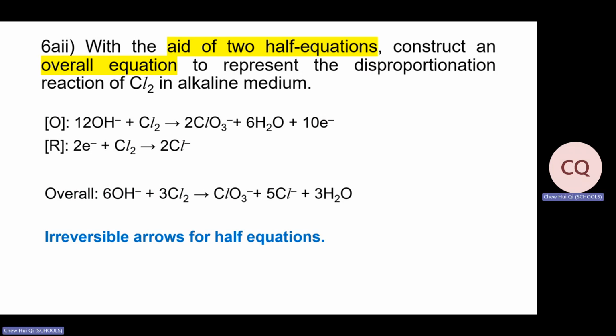Whenever they ask you to write half equations, right? Can you please remember, do not put reversible arrows. Because once you state something is oxidation and reduction, the direction is fixed. So once I see reversible arrows, straight away I will give wrong, okay? Now,